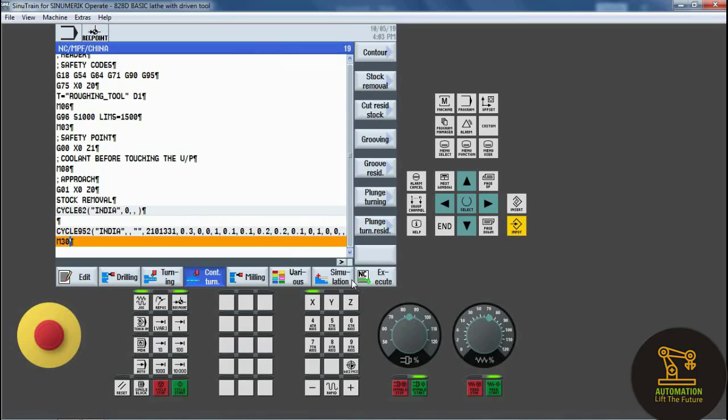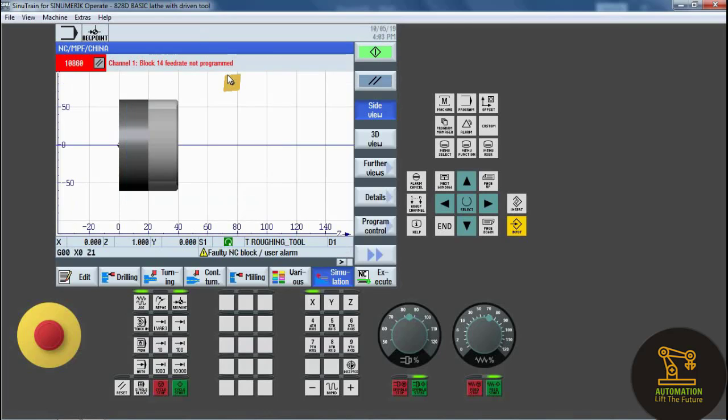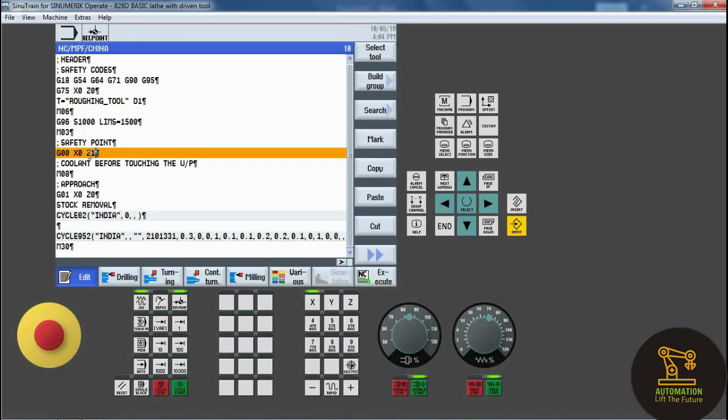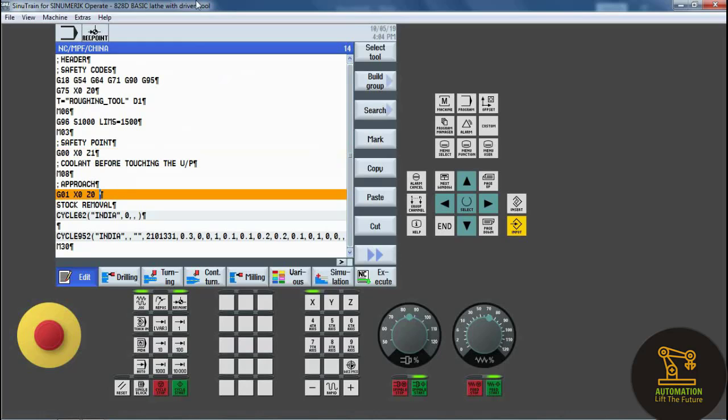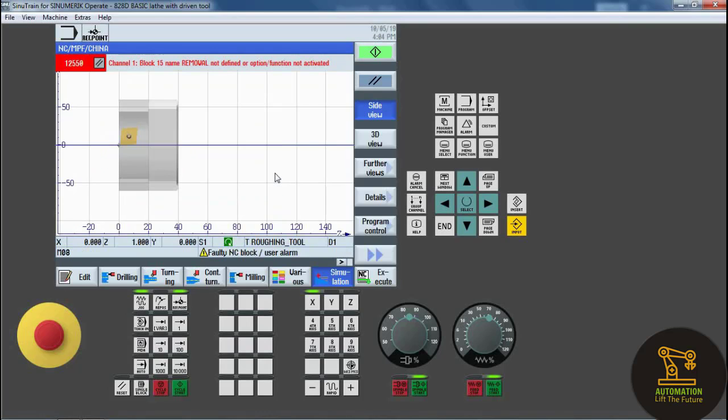And M30 is the ending of the main program file, and click on simulate. We must not program without feed rate. Feed rate plays a major role in programming, so we give F0.3 as the feed rate. So simulate, and next one is removal material.